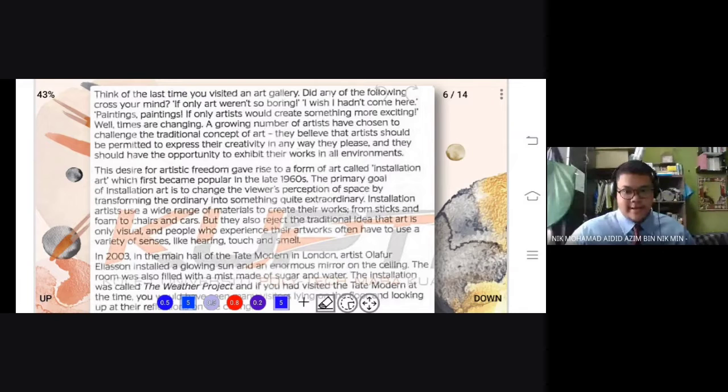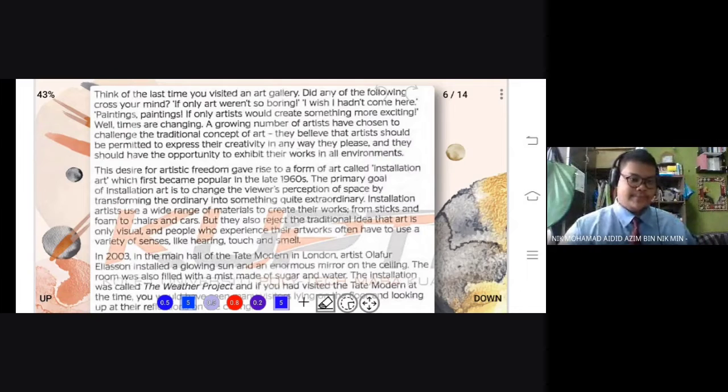Chung Kai Wen, are you there? It's okay. Maybe Chung Kai Wen has difficulties, or maybe the internet is disturbed. Thank you so much, Chung Kai Wen, for reading the first paragraph. Let's move on to the second paragraph. Anyone want to try? Yes, go ahead, Shami.